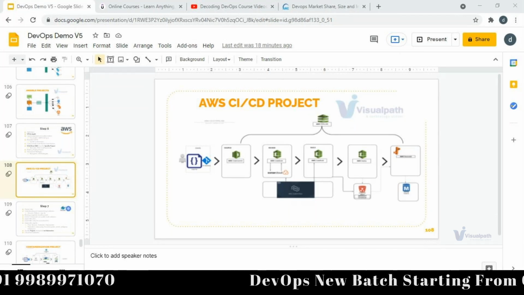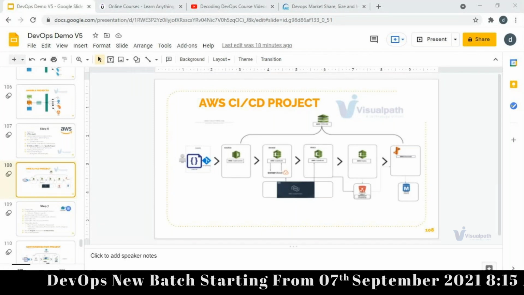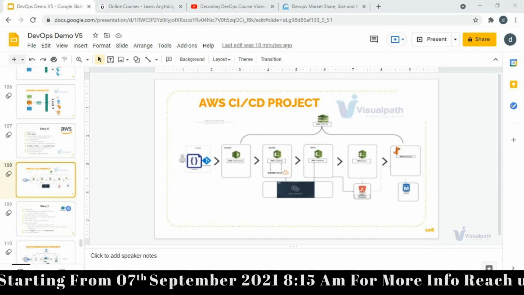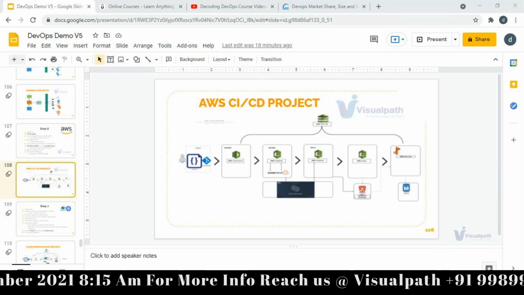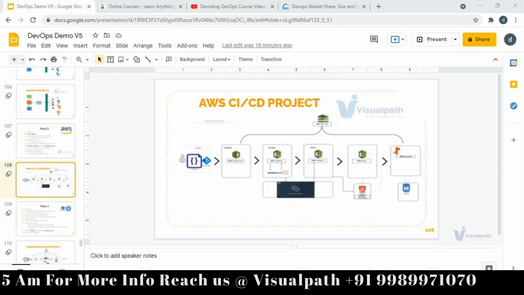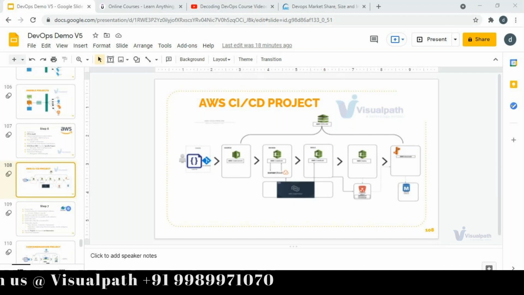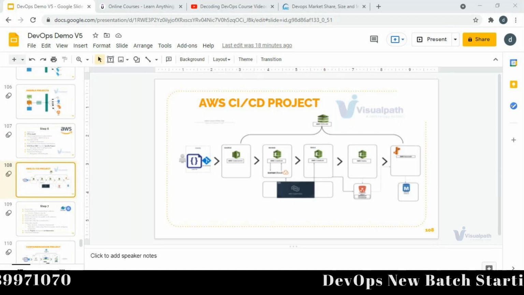How do I practice after online training? Are there practical sessions in this training? You don't need to come to the institute. In the first week itself, I'm going to train you to set up your own labs, and in the second week you're going to learn cloud computing. So you'll have your own setup, and you can launch it whenever and wherever you want. You just need a laptop and an internet connection, and you can start practicing. That will be cleared in the first week itself. Don't worry, Harish.